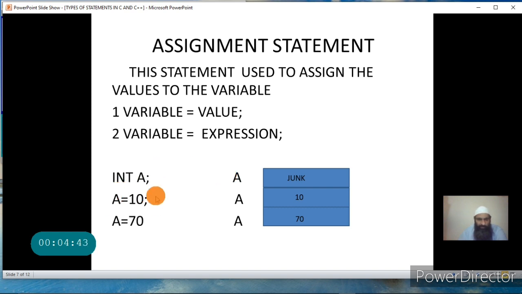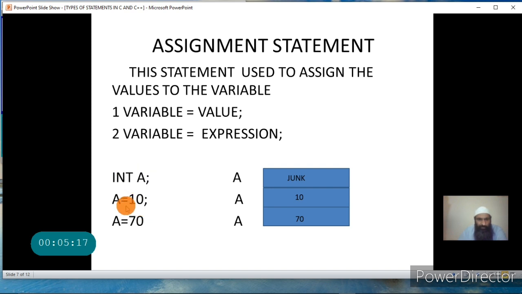Now in this statement we are changing the junk value. We are assigning the new value to a, that is, we are storing 10 in a. This is equivalent to writing the value 10. 10 is a constant now in a. A is the name of a variable, and the syntax again you check. We should give the variable name here, equal to the value 10. So once we assign this 10 to the variable, this value is written into a.